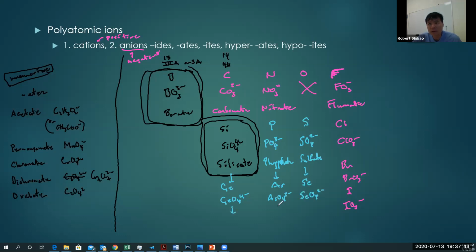And then it goes on down. So below selenium is tellurium. Tellurate is TeO4, 2 minus. And so the pattern extends downwards like that. And so arsenate's in common ones. Arsenate was in the news not so long ago because